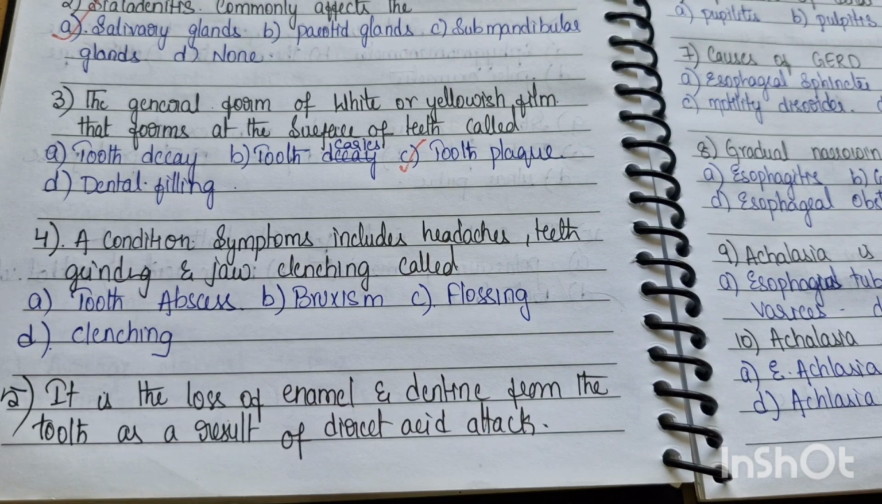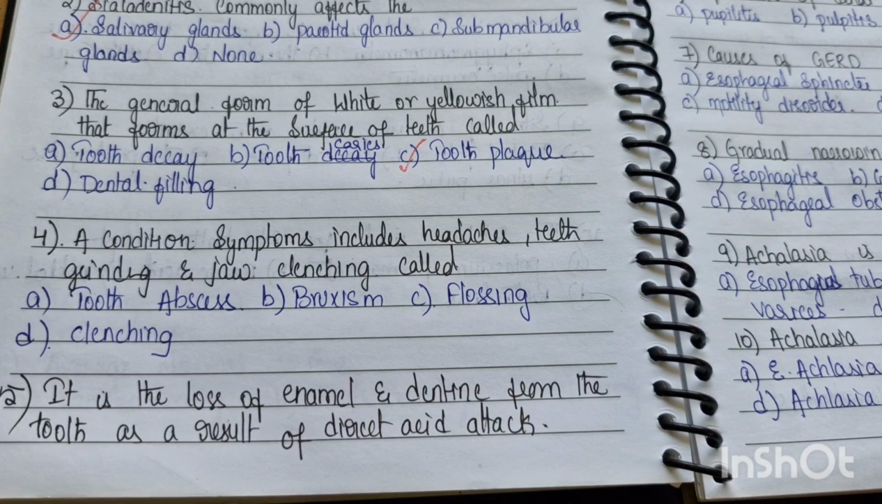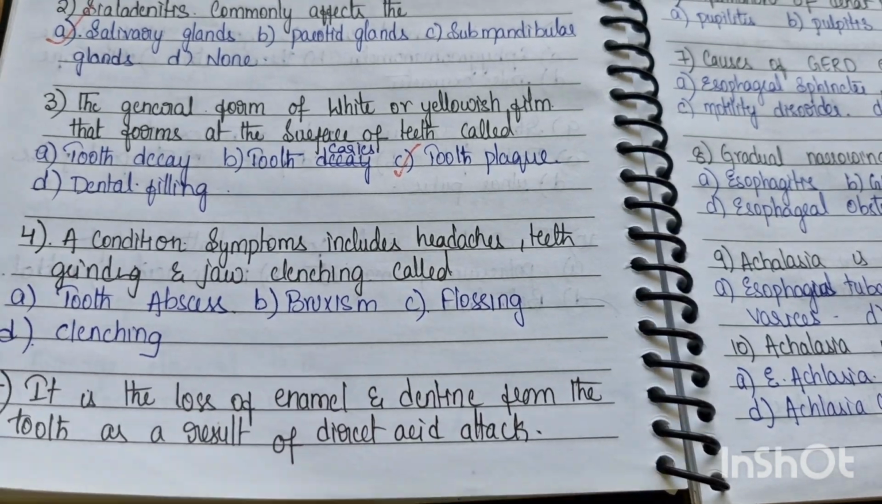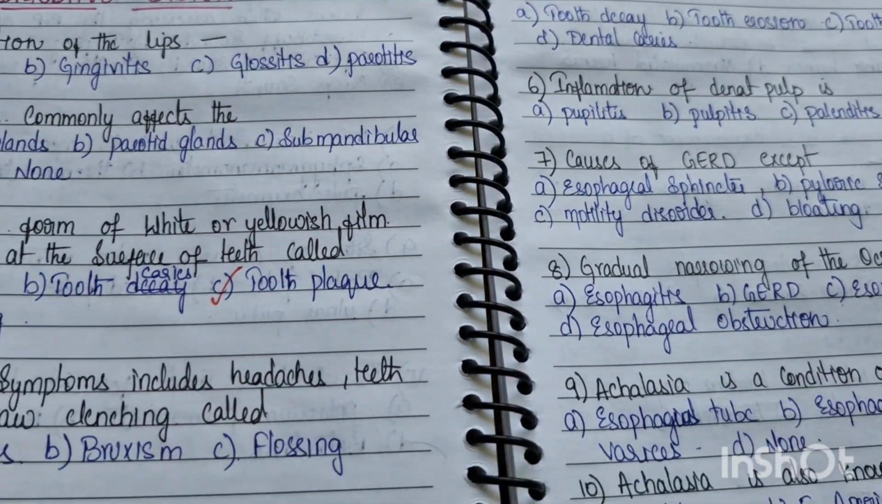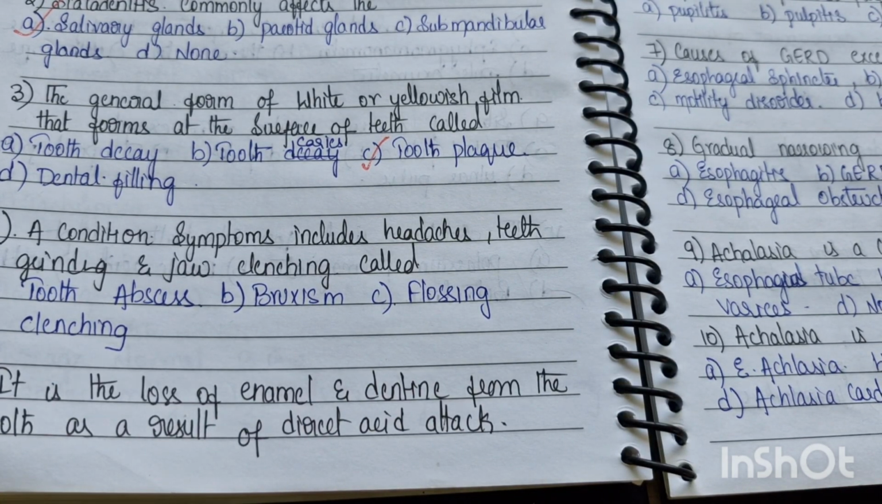And another one is it is the loss of enamel and dentine from the tooth as a result of direct acid attack. So what does direct acid attack mean here? Not an acid attack from outside, but the secretions